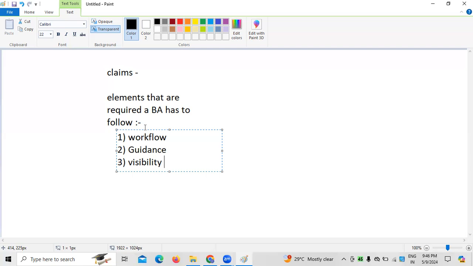So in regard to that, tailoring the business according to the rules of the business, whatever changes are to be made and whatever customization we want to make, has to be done by us being a business analyst. So this is majorly important when we are working on the customization part, because